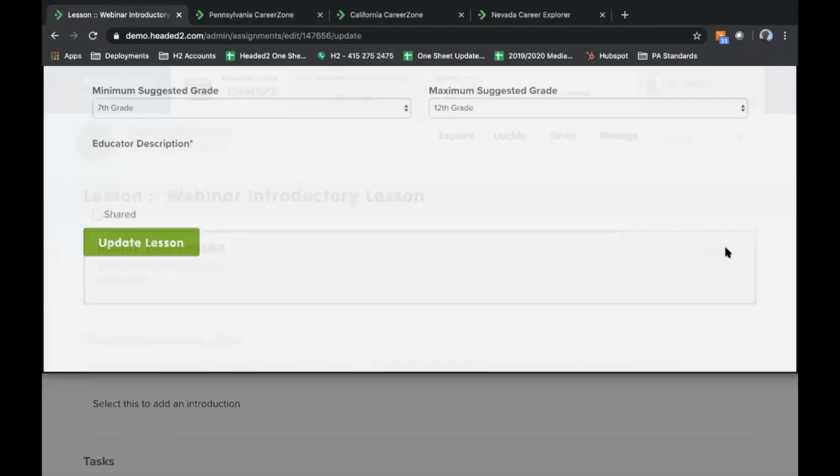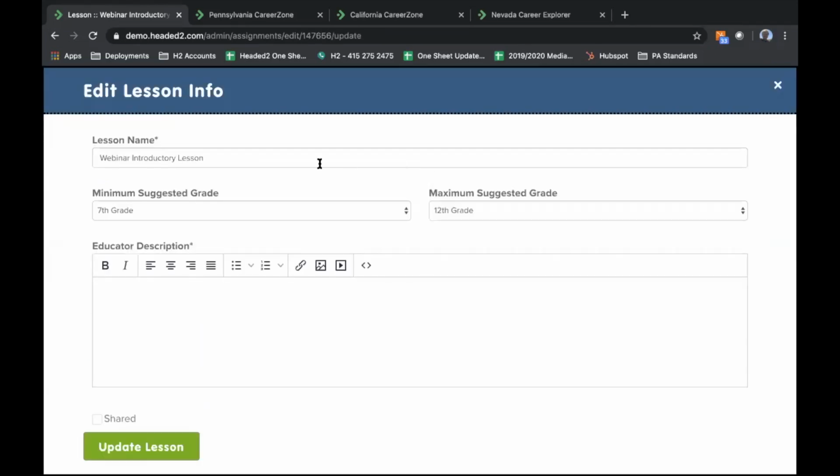Think of this as kind of the crib notes on what you're trying to do with the lesson. So it's an educator description. In this lesson, we are trying to introduce the CareerZone and CareerExplorer to students. All right, so I'll just write a very short introduction, but we've seen this is where you're